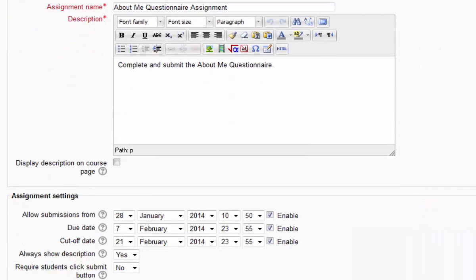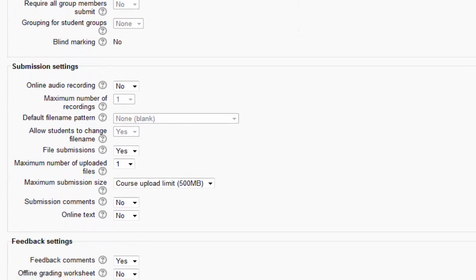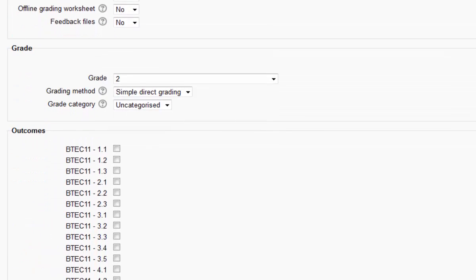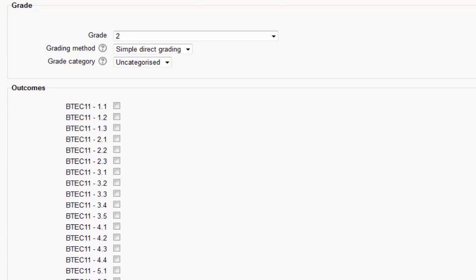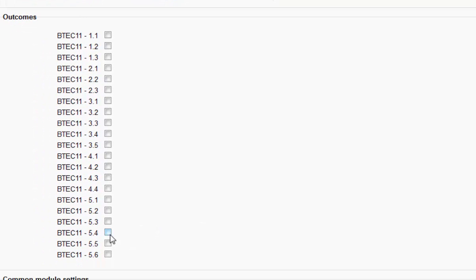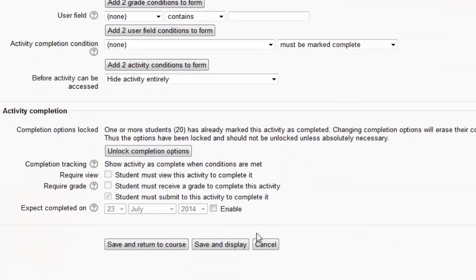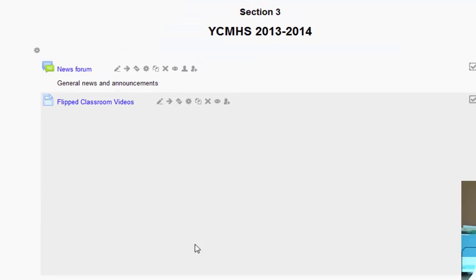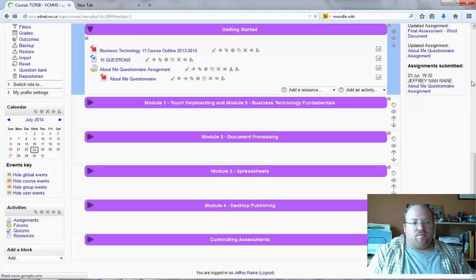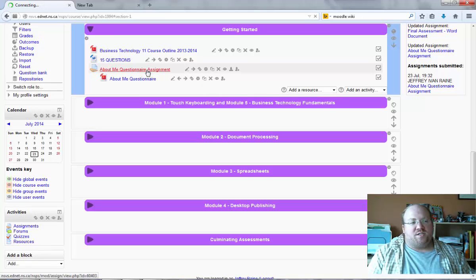Now when we scroll down, you'll notice that we have an Outcomes section now. And we can tick off which ones we want. So I can apply 5.4 and 5.6 of the Business Tech 11 outcomes to this assignment. And all I have to do is hit save and return to course. Or save and display, whichever you want to do. Okay, now if I access my assignment,